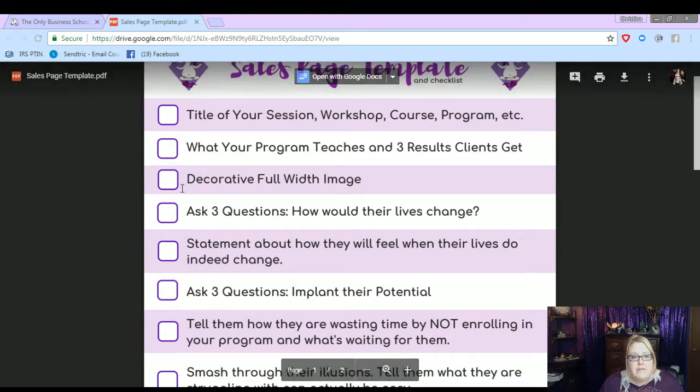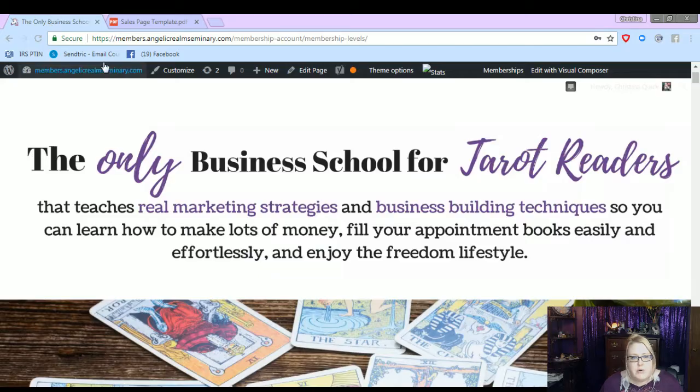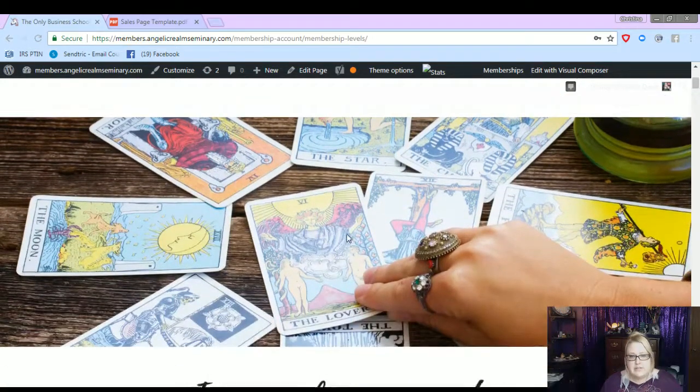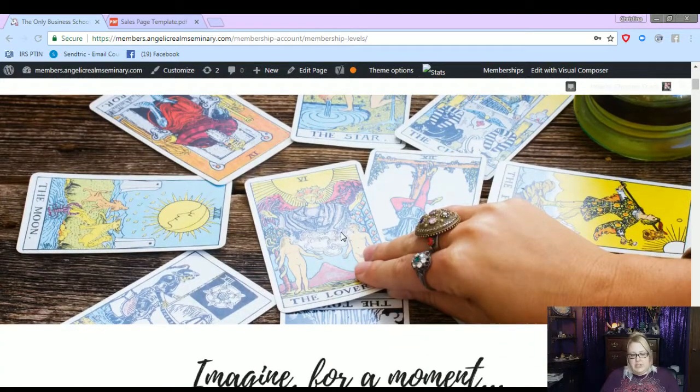Next, I have a decorative full with image. So when it comes to your images, you want to use images, and nine times out of ten you're going to want to use images of people. So people's body parts, people's faces. People are more likely to feel a level of trust if they have a smiling face looking back at them. That's just basic psychology. People are more likely to click through when they see a face versus something else,